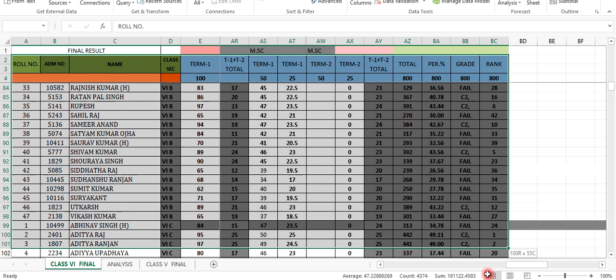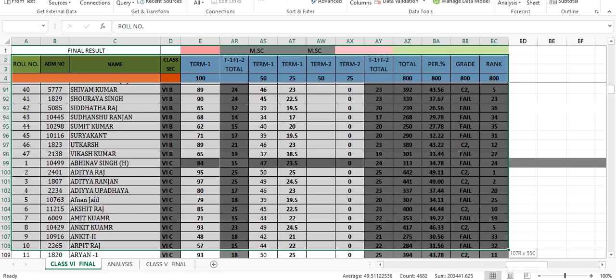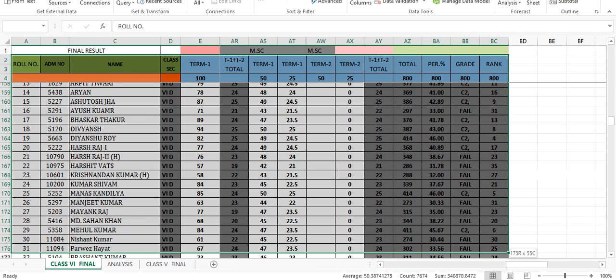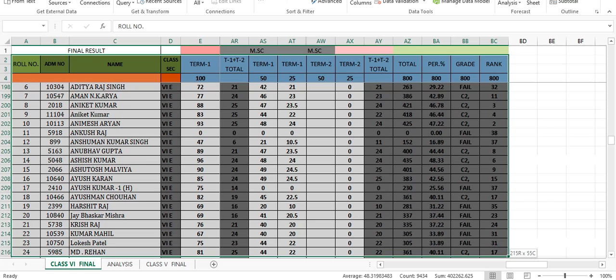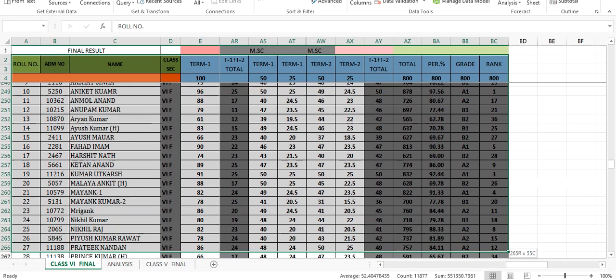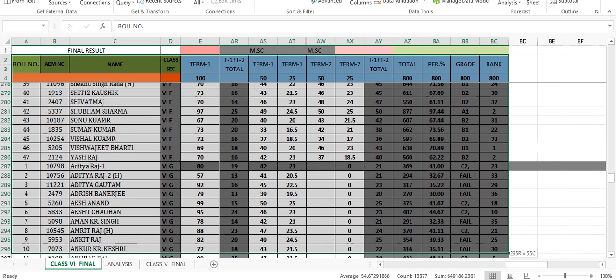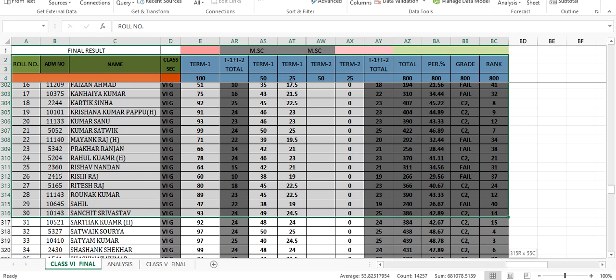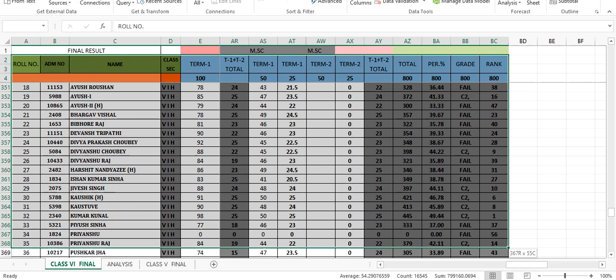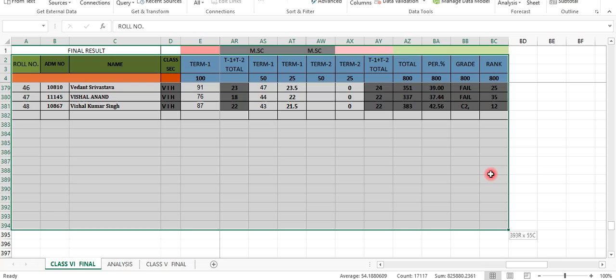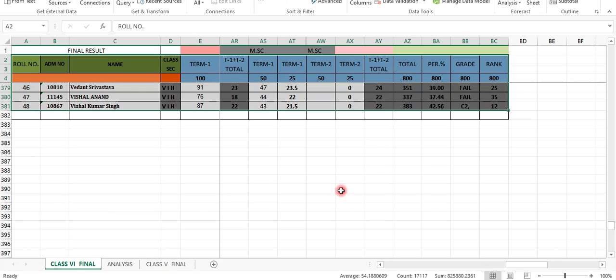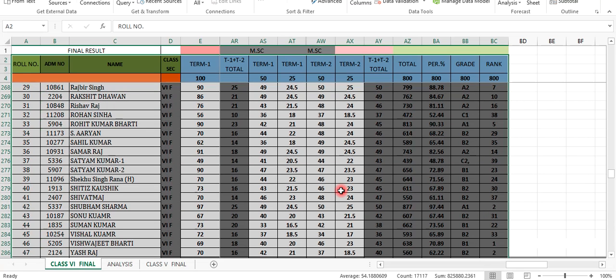Now I am selecting the whole data, pressing the left button and dragging down. You also do it like that. Now the data selection is completed.